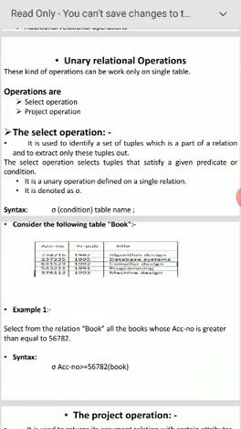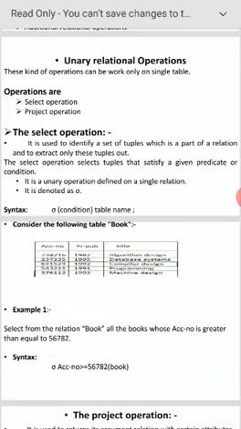First one, select operation. I want to extract some tuples from the table. That can be done with the help of the select operation. Here, there is a table. Based on conditions or without conditions, I want to extract some tuples or some information, some data from the table. That can be done with the help of the select operation.